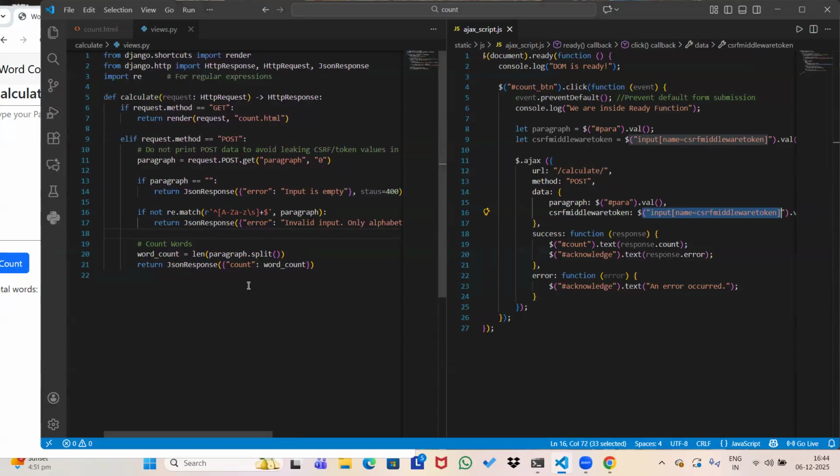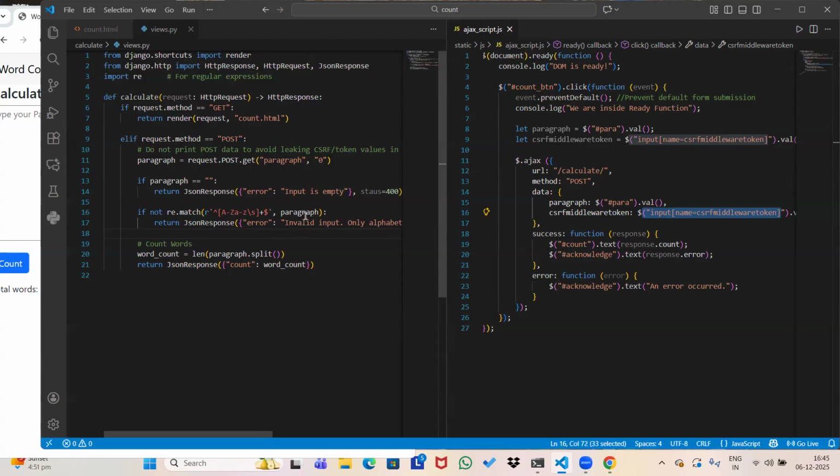We don't want any number. Initially, when I was working on it, it was accepting numbers also, and it was counting the numbers as a paragraph. But right now I have used the re module. I have imported re, which means regular expression. Now it will prevent that. I just want it to accept only a to z, upper A to Z and lower a to z, and also any symbols like at the rate, dollar. So that's why I am checking if not re dot match